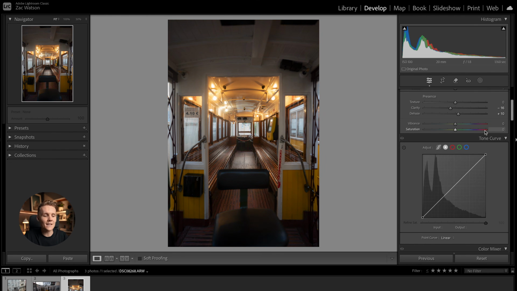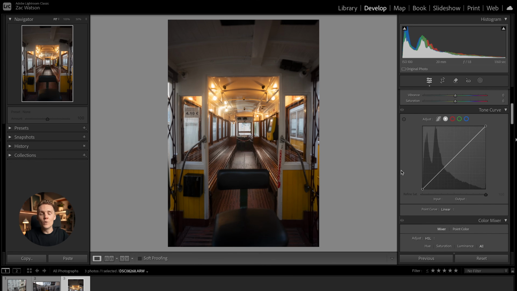Once again, I leave these as is 9 times out of 10, but it's super important to understand the difference between vibrance and saturation because they are two completely different sliders, but they just sit right next to each other and look incredibly similar. All right, so with the basic panel out of the way, let's move into the tone